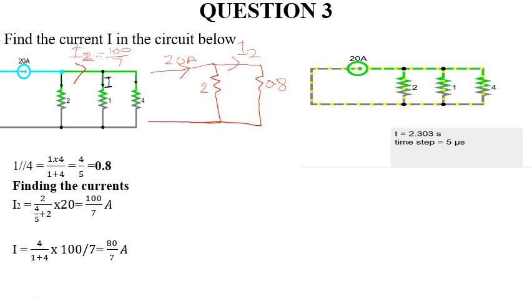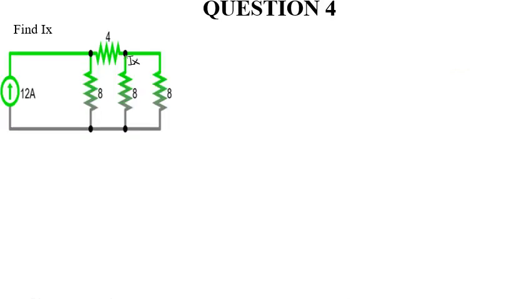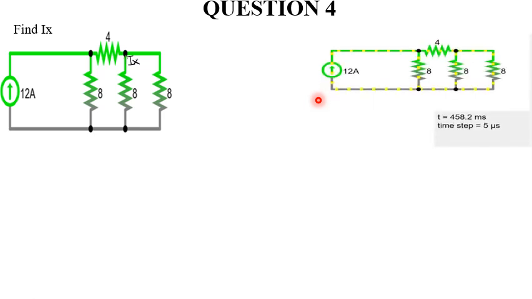So that is how to use our simulation and our normal method to find the current through a resistor. So moving on forward, we take our next question. Our next question says find Ix. To find Ix here, we also have to use our current division rule. As I've been doing from our previous questions, I'll use the simulation to solve this, and I'll finally also use our hand method to solve it. So using the simulation,